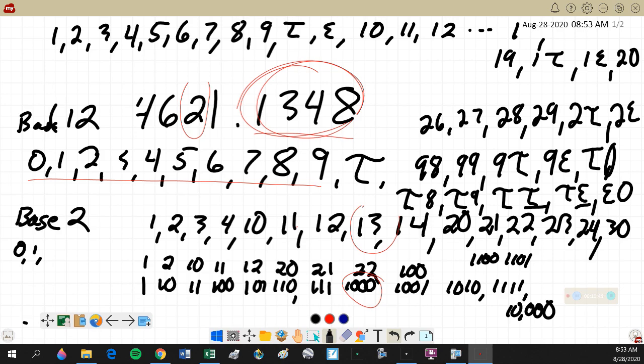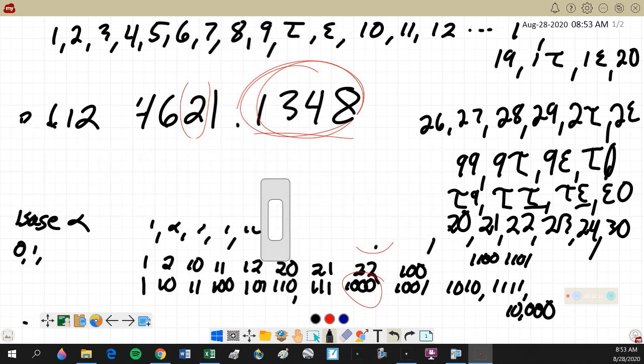Okay, does that blow your mind a little bit? But do you understand the structure of a base system now? And you can change it to whatever you want, and computers use binary because it's just simpler. It turns out we only need two numbers, a 0 and a 1. As long as you have a 0 and a 1, you've got everything. Okay? All right, so going back to my original question,